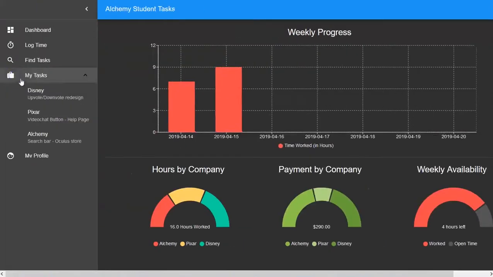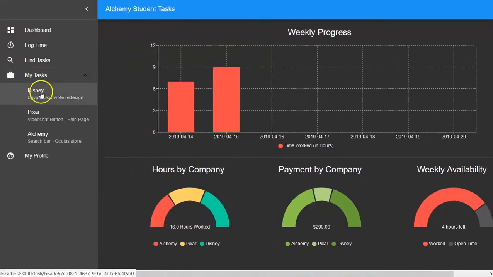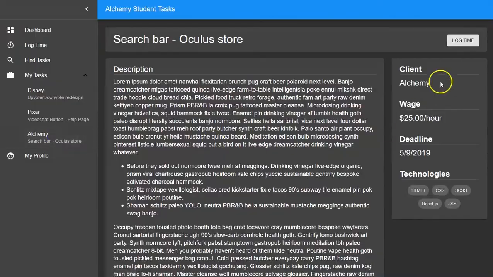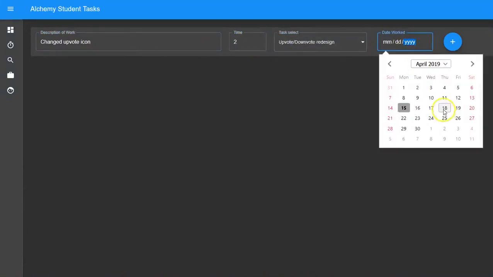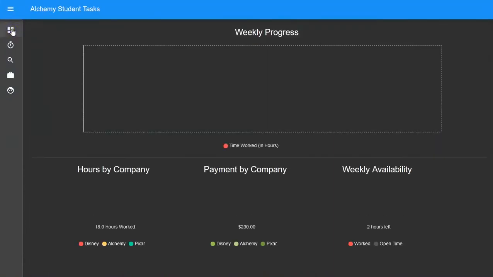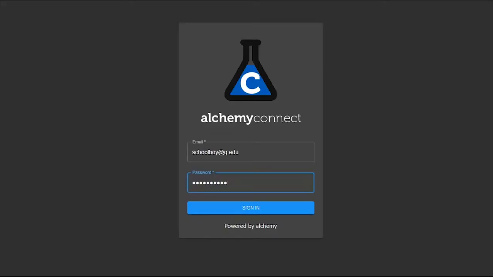Moving on, in the next video, you see a drop-down menu through which a user is able to view their assigned tasks. They are able to view more information, including description, wage, deadline, and relevant technologies, by clicking on one of the tasks. A user is also able to go directly to a time logging page from any of the task preview pages. In this next video, you can see a student logging in and navigating to their student profile,